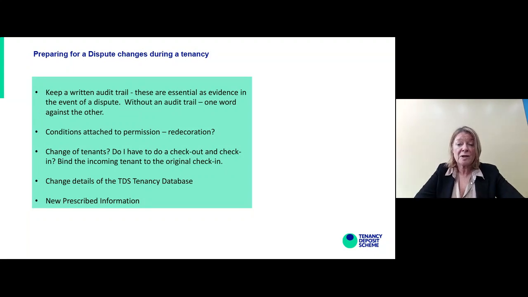If you're going to give permission to do something, to redecorate, then consider whether there are conditions attached to those permissions, and make sure you've got that in writing also. Also with change of tenants, if a tenant moves out,